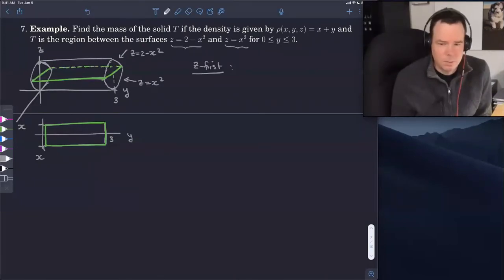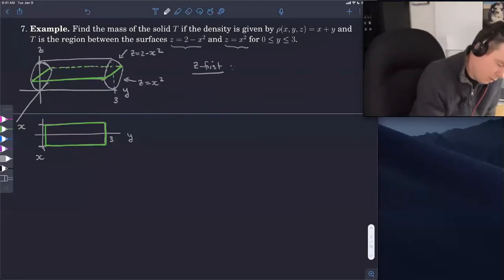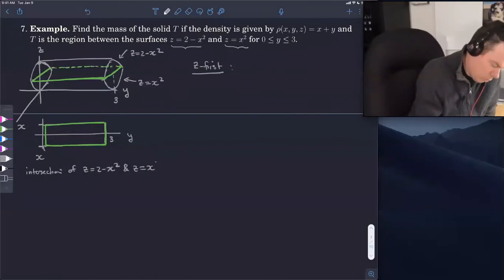Any ideas? Your intersection points. You got it, yeah. So we've got to look at our intersection points. So we've got the intersection of z is equal to 2 minus x squared and z is equal to x squared